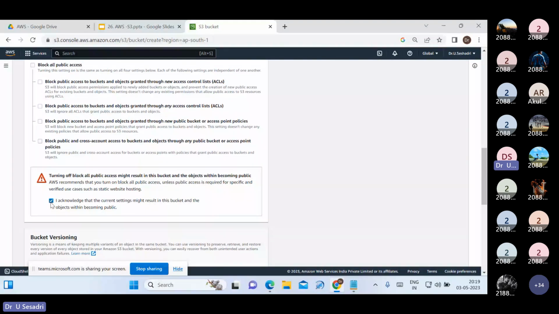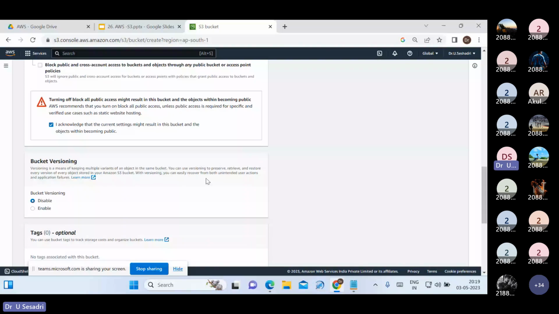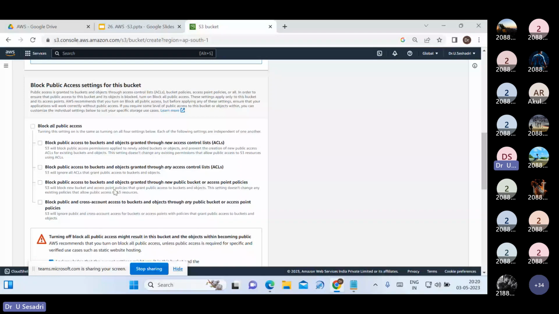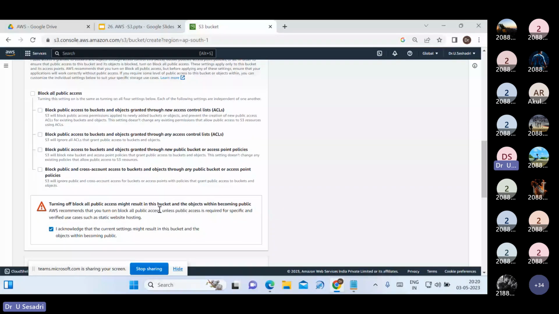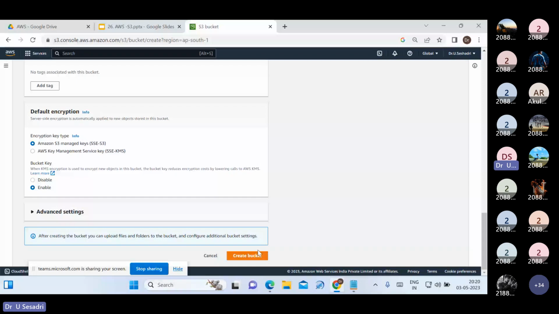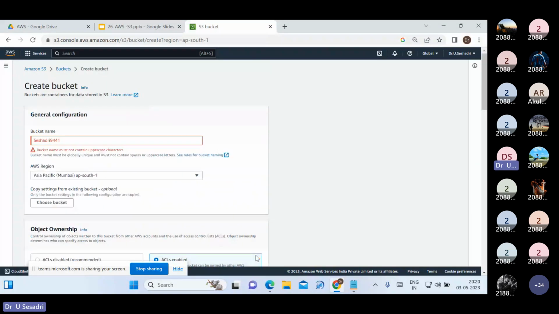Right now I am not enabling the bucket versioning feature. Just remove the tick mark on block all public access, put the acknowledgement tick mark, scroll down,